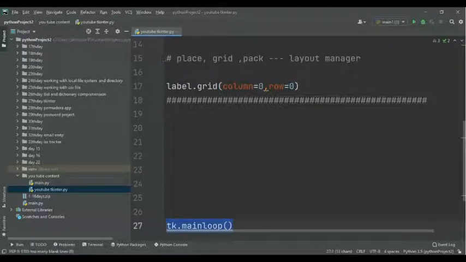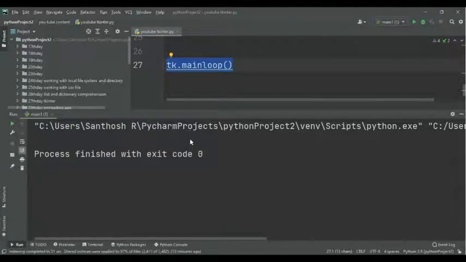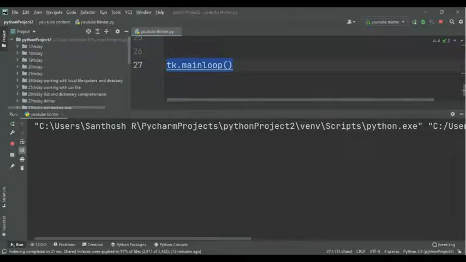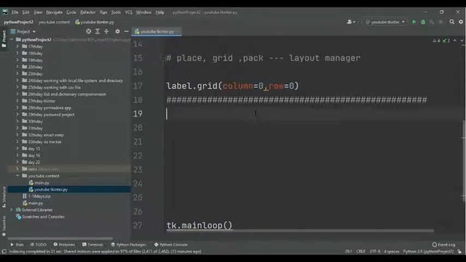And the output screen I will attach after the session, so just focus on the code now. By this time you will see the output by running, but my recorder can't record the output. I will attach that output at the end of the video, so don't worry about that.